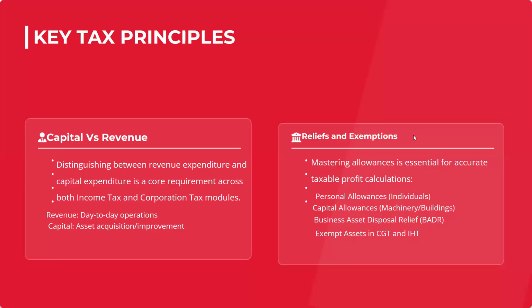I'll give you an example. When you are doing employment income, one mobile phone is exempt for every employee. If your employer has given you a mobile phone as a benefit, you don't need to pay tax on it. What students do is say, okay, one mobile phone is exempt, but they don't write anything in their workings or calculations. The examiner has kept some marks for that. So you need to mention why it is zero. You will write down mobile phone zero. Why? Because one is exempt, since the rules and the laws give you that. So write that, and whatever is exempt, you will have to mention as well.